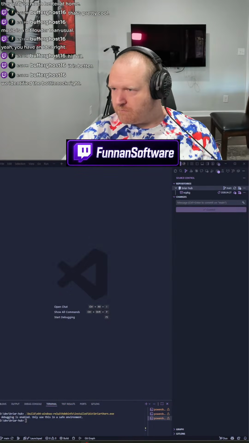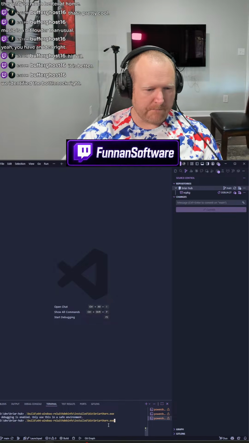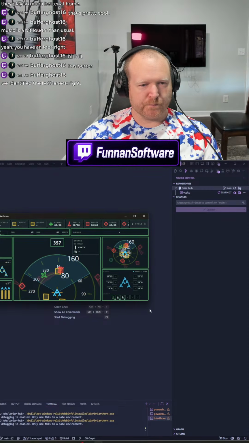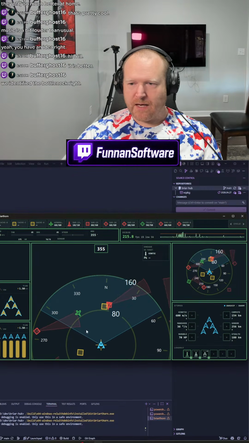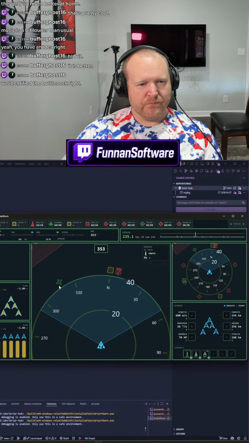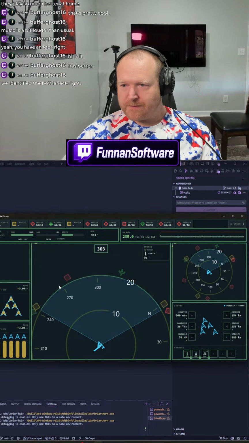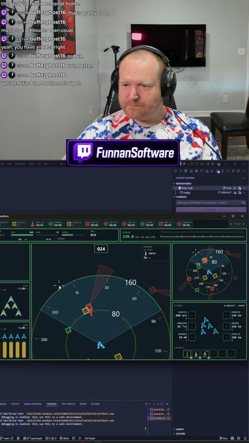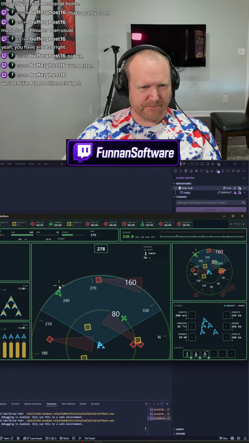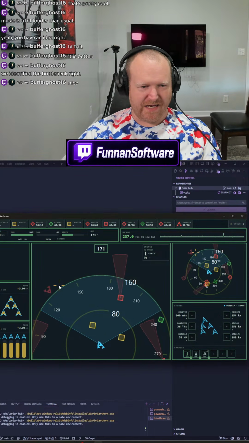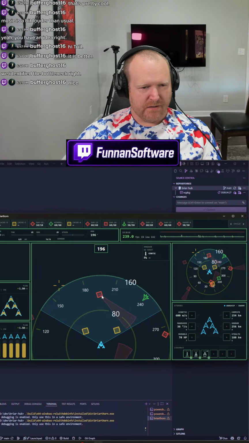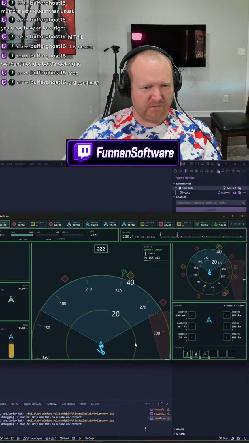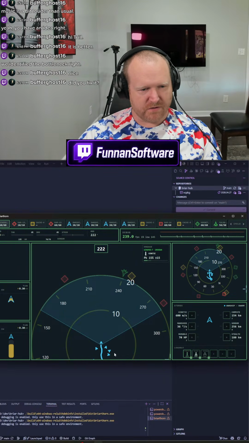So I did end up digging a little deeper. Let's take a look. I also added a couple more things. Performance is looking pretty good. Pretty smooth, if I say so myself. I can launch my drones. I can do all kinds of fun stuff. I can zoom in, see what the drones are off to do.